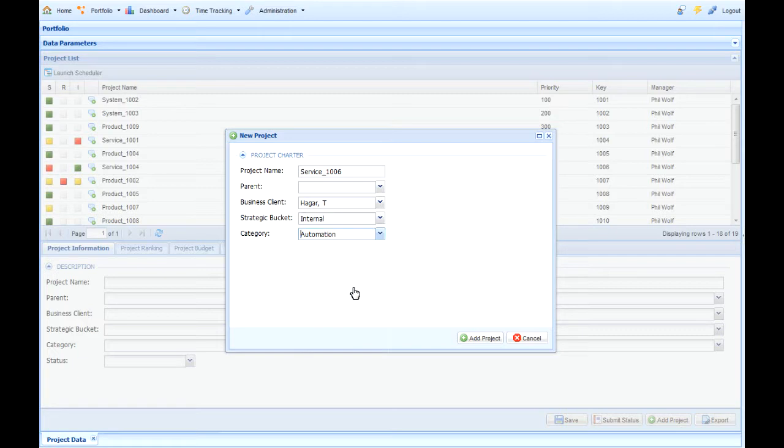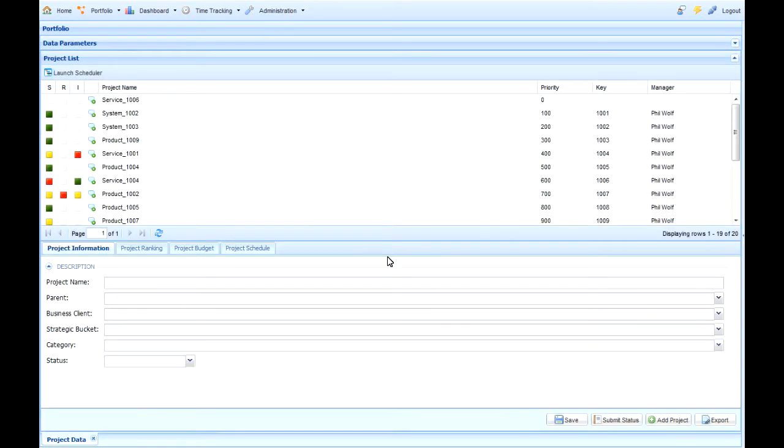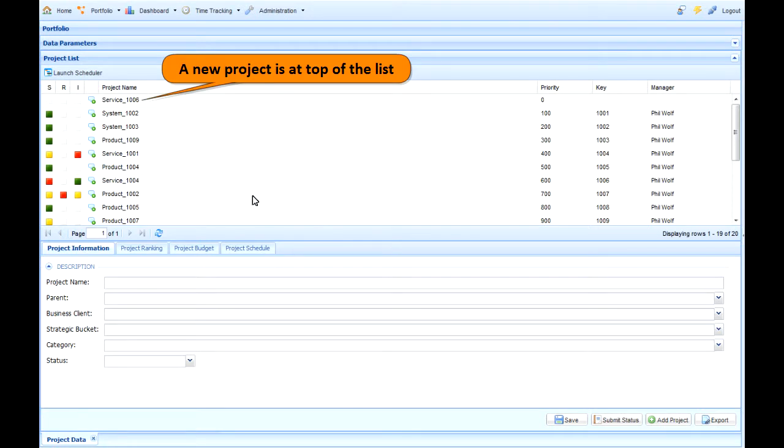And then any other project attributes that you can think of you can add in here, including financial data and ranking data. We'll just keep it simple for now. We'll add the project into the database. And this can be a one or a two-step process where you have a project approval, and we'll get into that in another chapter. But here we added the project and it appears right up here at the top of